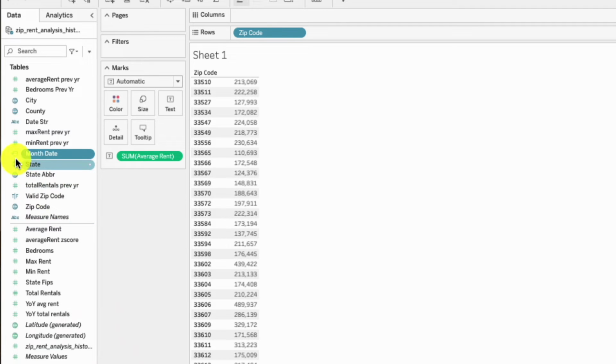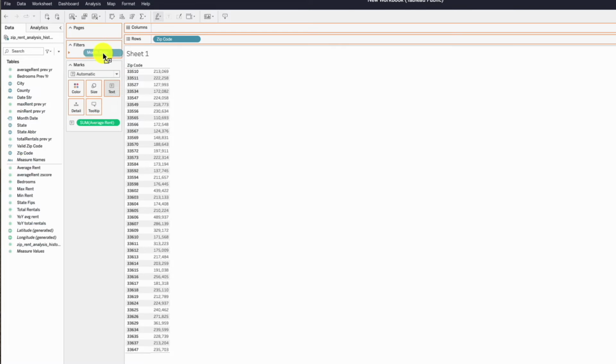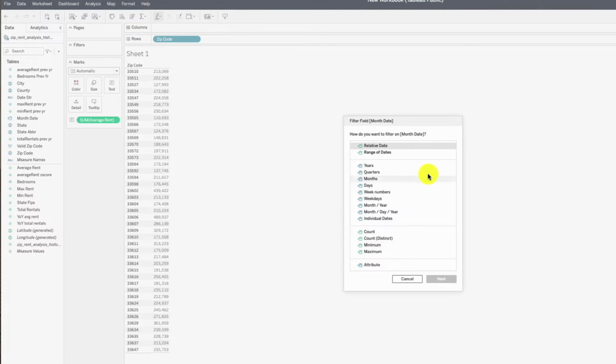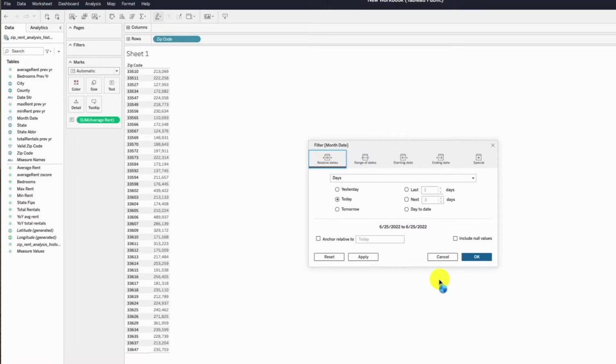And now we can see that little part on the left-hand side is now changed to a date. We can go to our filters, and select relative date. And Tableau is really smart. So if we just select that we want to get the latest month, we can select this month and click